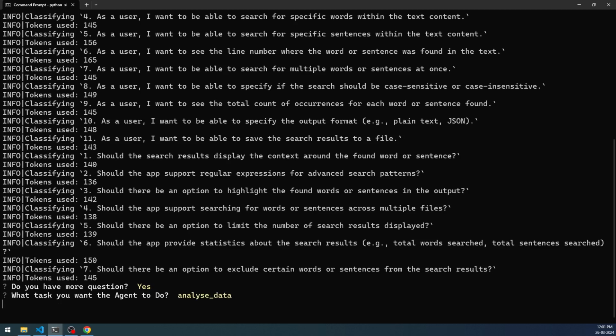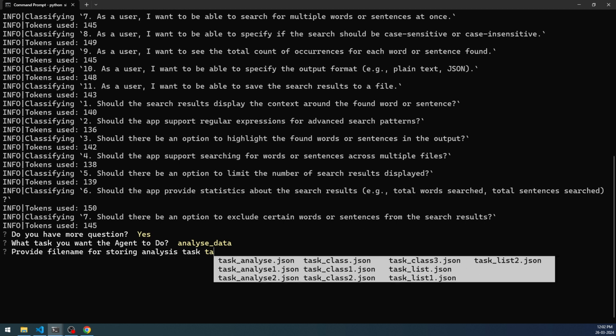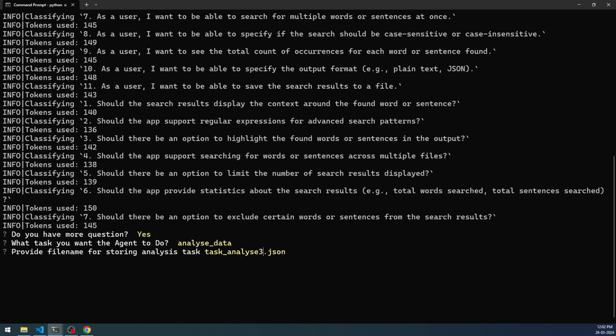I'm going to say analyze data because I don't want to cancel the flow. So in order to analyze, I'm going to use the task analyze 3.json. The analysis will be stored inside the JSON file again, and in order to analyze, you need to provide some kind of question. That is how you analyze; you will have some kind of objective. So here I'm going to ask how many